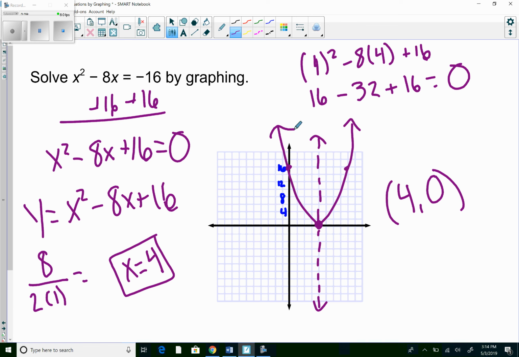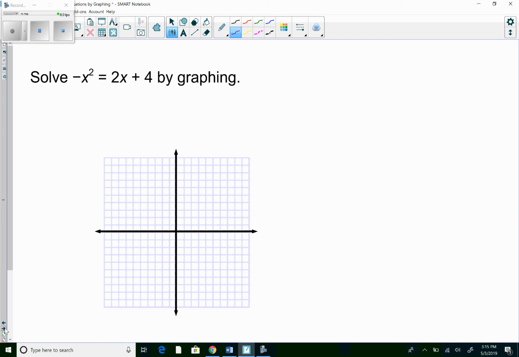Okay, but this time, this point falls on the x-axis, so we only have one solution, and that one solution is just going to be at x equals 4. Okay, and that's really all they want you to do for that one. Next example,